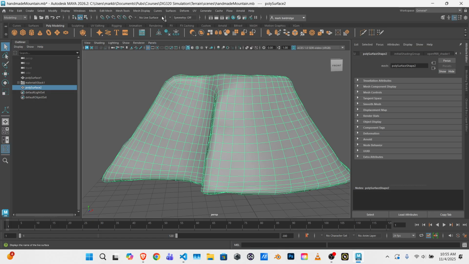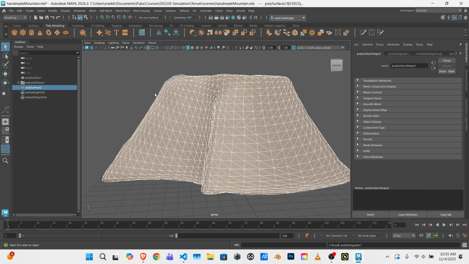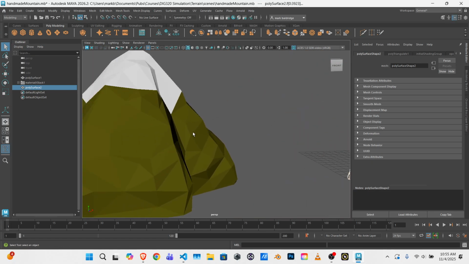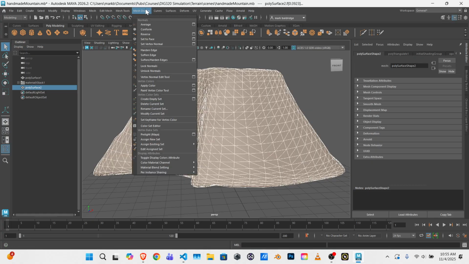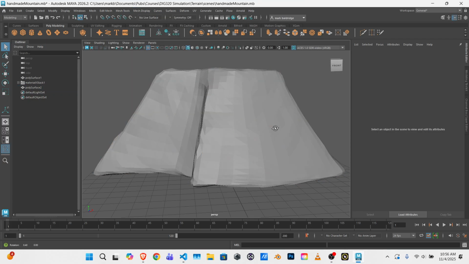We'll pull down mesh and triangulate. And that creates triangles here. And this is going to give us a lot of that kind of rocky, kind of folded paper almost look. Some of this is. And then under mesh display, we're going to choose